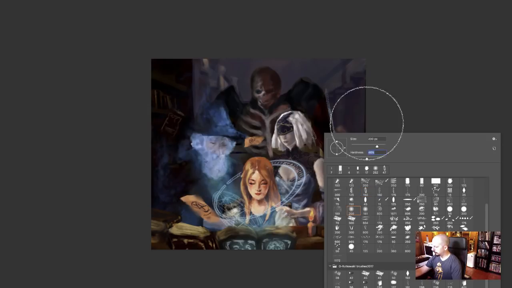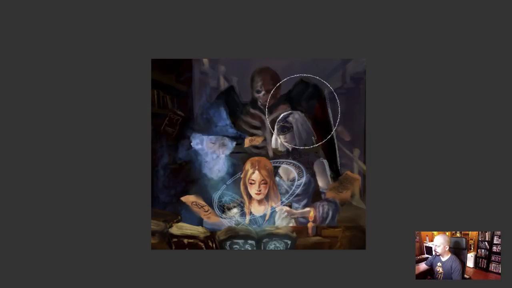Part of the issue structurally for me is that a lot of it reads very evenly. What if you toned a lot of that down, and you took this shape back here, which is the ghoul, and you knocked all of that back? See, it's noise on noise on noise.